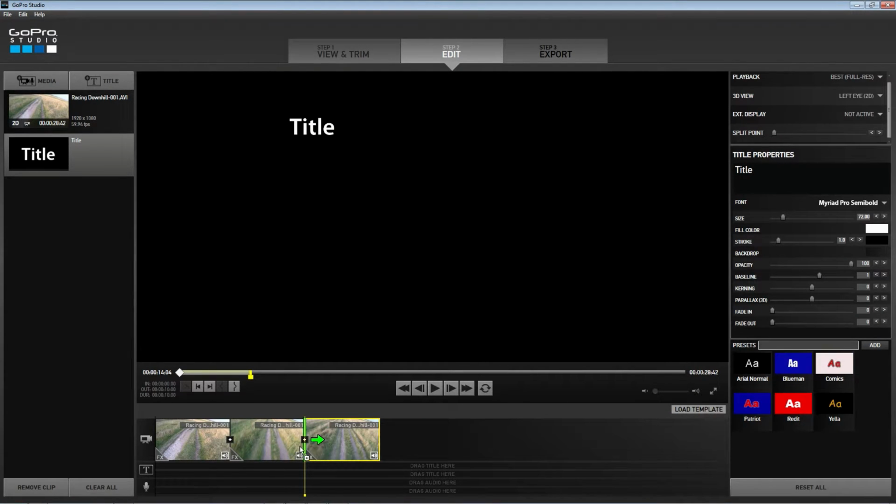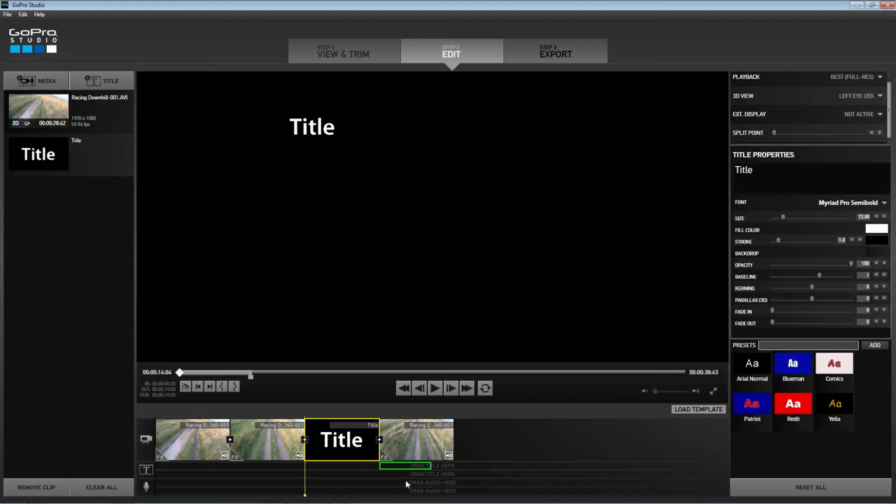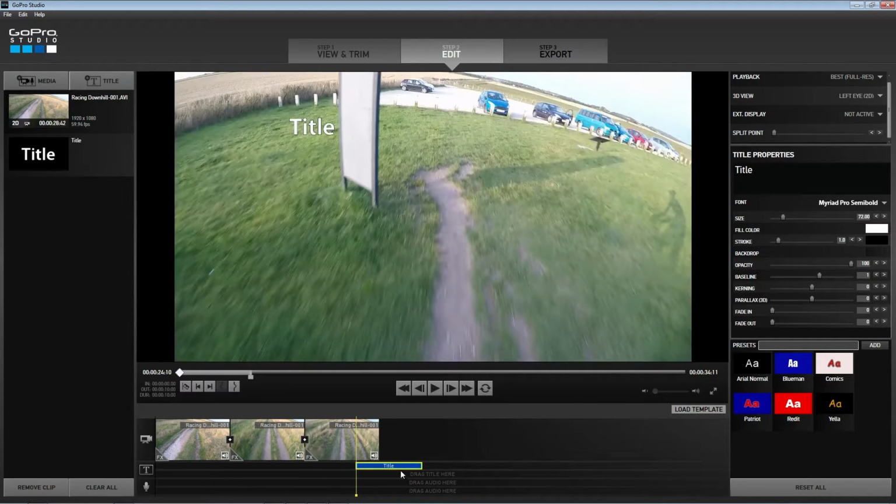You can put in some text, add it there. You can either have it there in front of a clip, so it's just a dark background or whatever background you select, or you can add it on top of a clip. So I might want to put some text in here, so racing downhill for example,